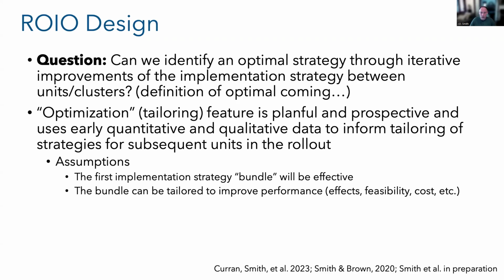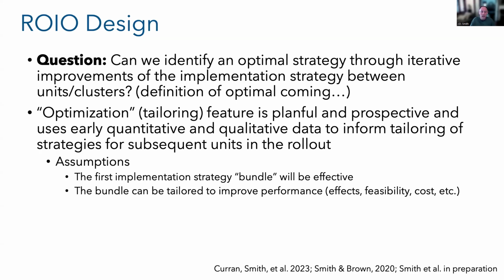There are some assumptions that you kind of need to satisfy. In most ROIO scenarios, your first implementation strategy bundle or package, whatever you want to call that, it typically has to be multiple strategies so that you have things to play with and optimize over time. Or it could be just a complex multi-component single strategy, again, that has enough levers and buttons that you can push in the optimization process. But essentially, you need to go into cluster one with an implementation strategy that is likely to work. You don't want to tie your hands behind your back and say, well, I think these are the components that are really going to be good, let's save those for later. Because what you're really trying to do is put your best foot forward